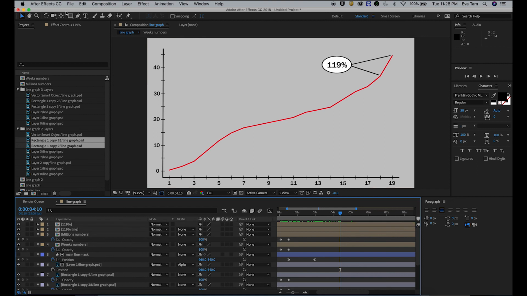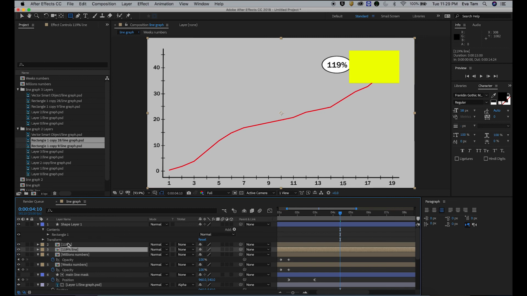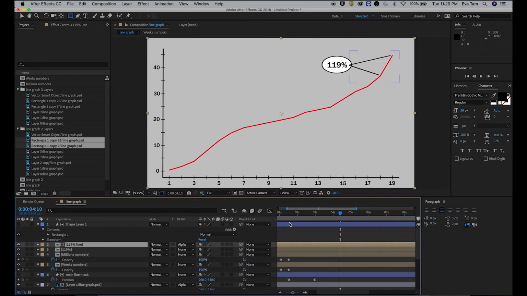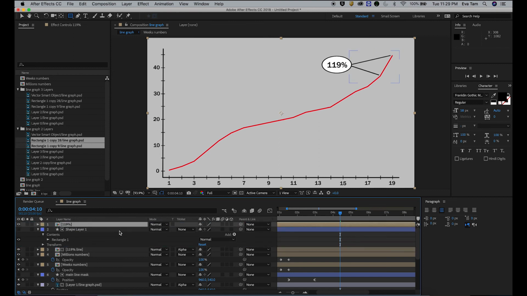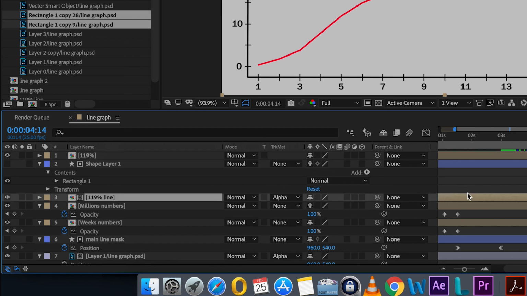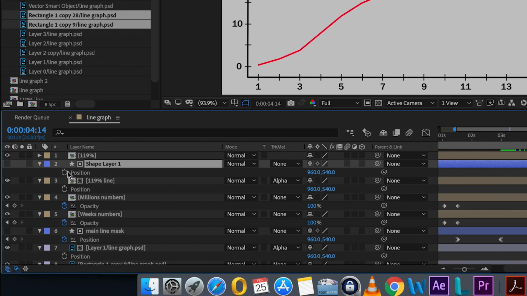So I'm going to do another mask again. The line. So around here, map the line, position.